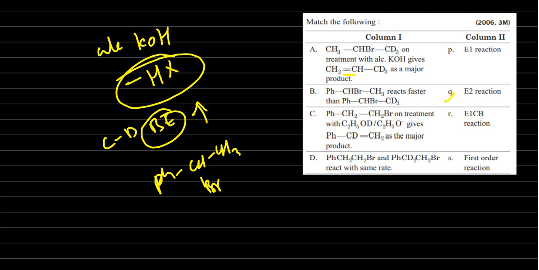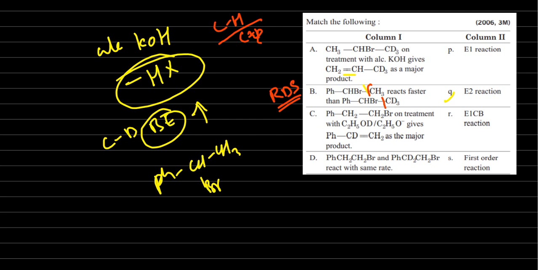So here the isotope X is there. See, up to CH3 remaining the same. Here the CH3 group is there. Here CD3 is there. Isotope means C-D bond and C-H bond. Bond enthalpies are different. So the bond cleavage takes place in the rate determining step, the RDS. In the case of C-H, it easily takes place because the bond enthalpy is less. But in the case of CD3, bond cleavage is a little difficult.